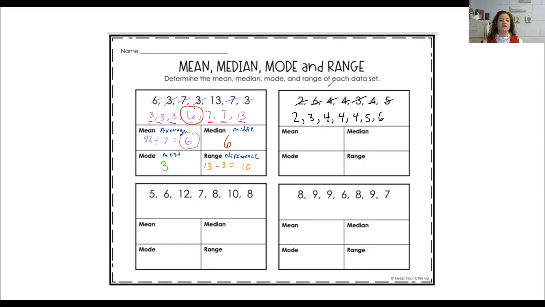So looking at the mean, remember the first thing you need to do with those numbers is what? Add them. Very good. So let's add them all up. So we've got 2 plus 3 plus 4 plus 4 plus 4 plus 5 plus 6, which gives me a grand total of